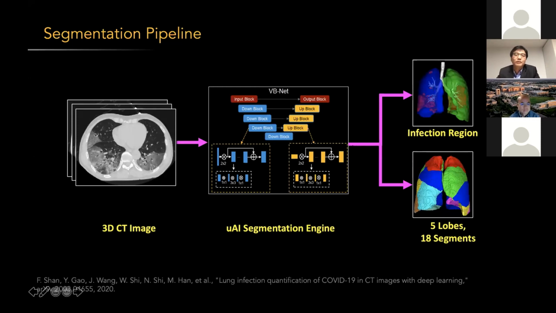Actually, in our segmentations, we use a VBNet and we try to segment infections. This is a 3D rendering of the segmented infections. We also want to segment simultaneously the 5 lobes and also the 18 segments in the left and right lung. There are a lot of innovations you can do for this framework. Even though VBNet looks very easy, you can still do a lot of innovations for application of